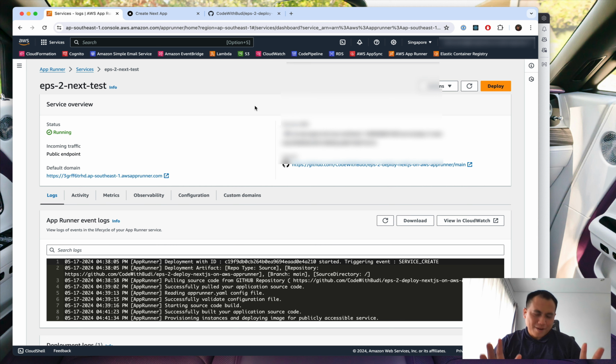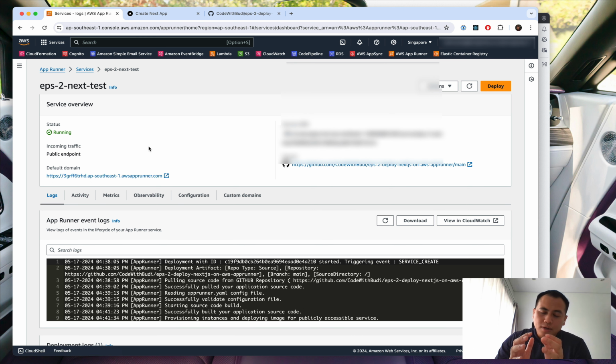Okay, we are back now. The deployment is complete. The service is running. Thankfully, it worked on the first try. For the interface, the thing that we need to note here is the incoming traffic is a public endpoint. So anyone can access this endpoint, and by default, AWS App Runner will give us a default domain.